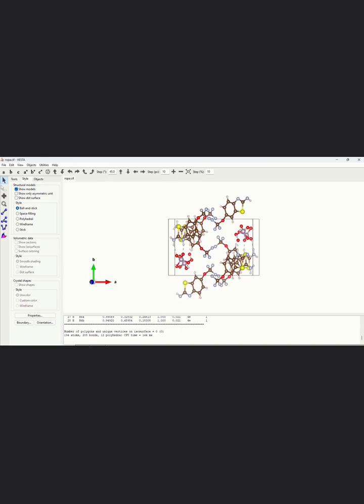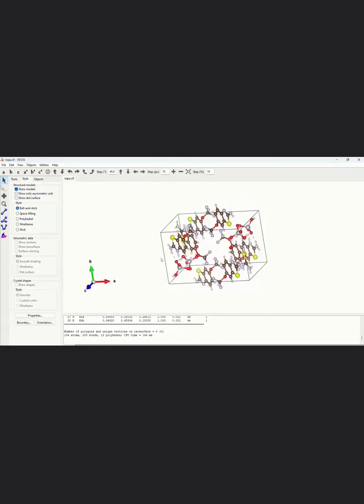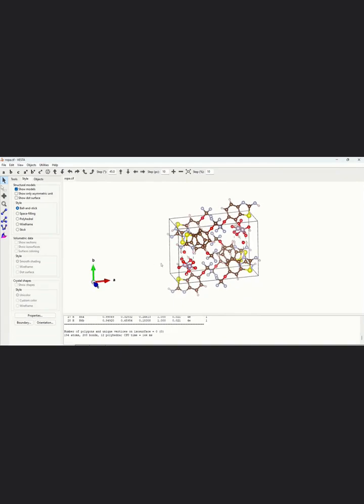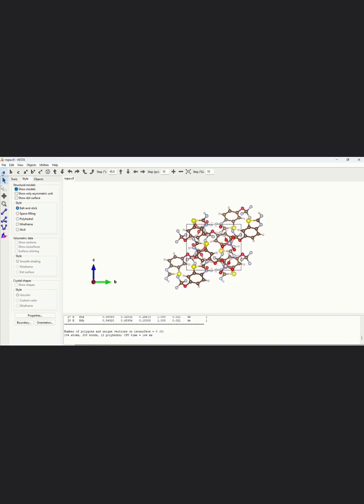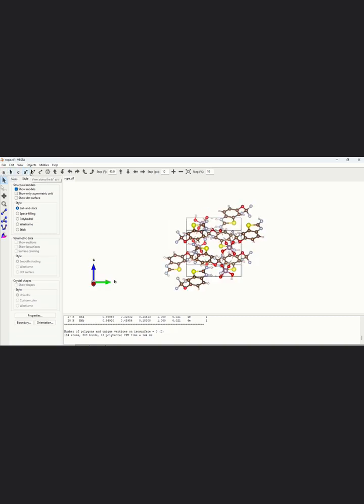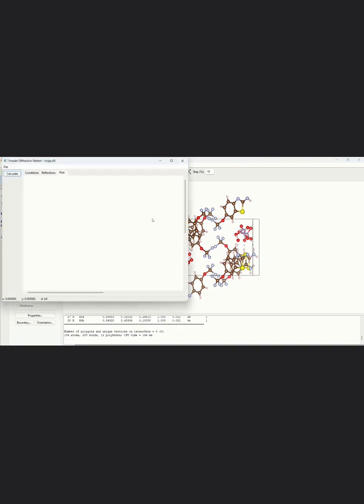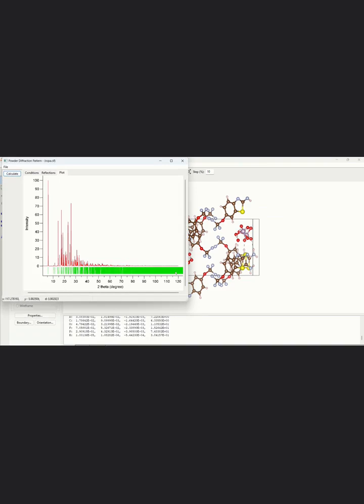So now you can see that this is the unit cell close packing. This is the close packing diagram of riluzole plus orthophosphoric acid, and we can see it with the different orientations, A prime, B prime, C prime, and I can also make the powder diffraction. I click on the utility and add the powder diffraction pattern. First I simply click on the calculate button. Now you can see that this is the intensity versus theta plot, which is the XRD of